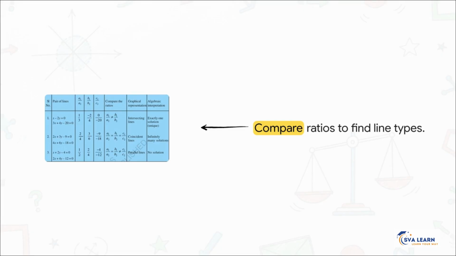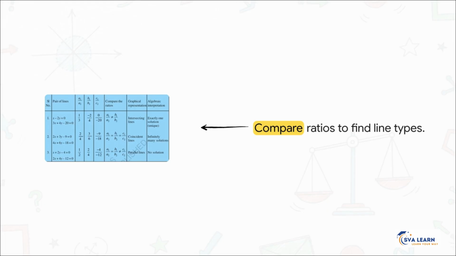But before we roll up our sleeves and start doing all the heavy algebraic lifting, we actually need to know if a solution even exists in the first place. Think of this step as our detective's magnifying glass. We're just going to compare the coefficients. Remember your standard form, right? ax plus by plus c equals 0. Well, by simply comparing those a, b, and c numbers from our two equations, we can literally predict the future